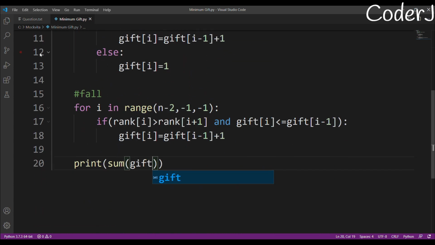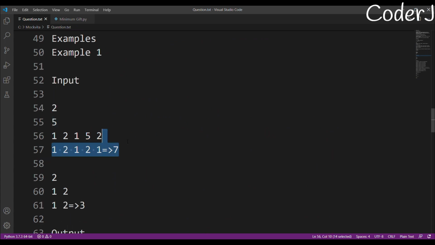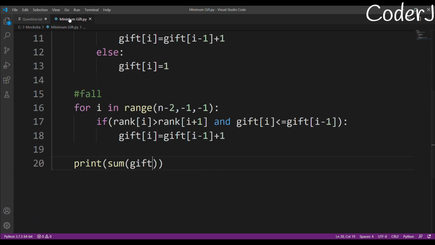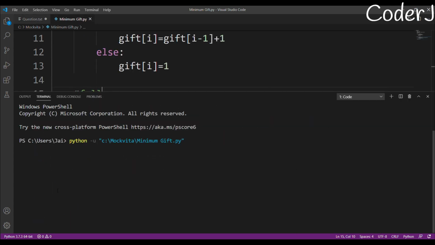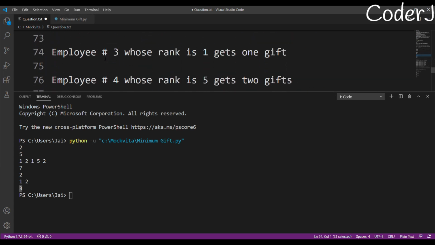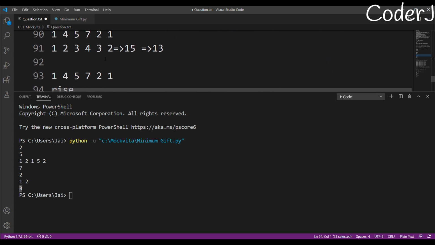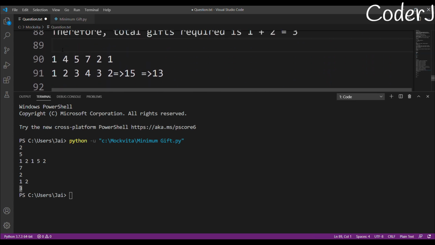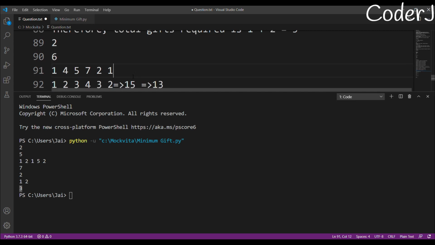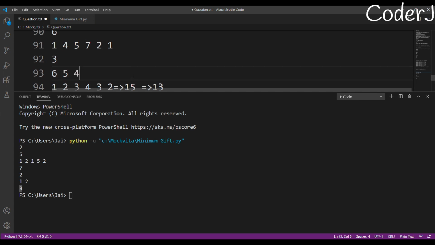Now let's try to execute our code. Let me just remove all these. Now let's try to execute our code. Firstly we have 7 as the answer, and then we have 3 as the answer, which works perfectly great. And then we'll try our own test cases that we created. I hope you know where my test cases are. Let's say 2 test cases, and the first has 6 elements, 1 4 5 7 2 1, and then I have 3 elements that are 6 5 and 4. Then let's test out our answers.